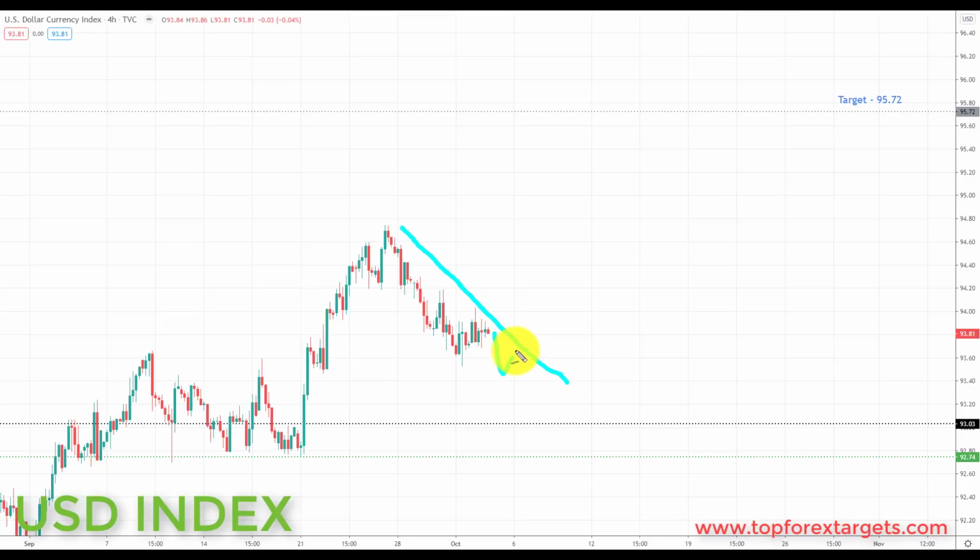If we can start to break, and preferably come break above the 94.00 here, this is going to present a great opportunity to start to look for further advances to the upside in the dollar index. First of all up to the highs, and then we'll be looking up towards the next key level of resistance to the upside at 95.72. We're not trading the dollar index, we're just using it as a guide. And so we do go into next week with a bullish bias on the dollar. That means we'll be primarily looking for dollar bullish setups in the dollar pairs going into next week.